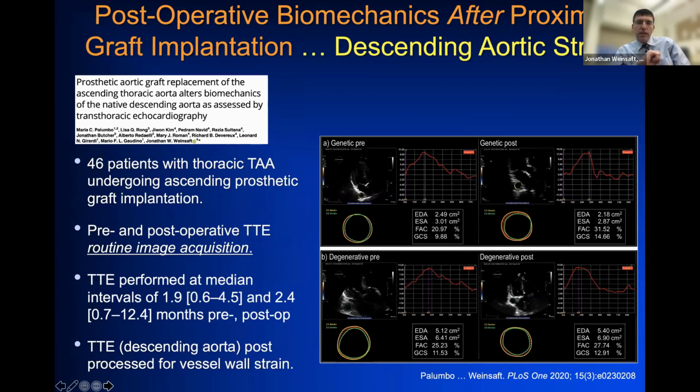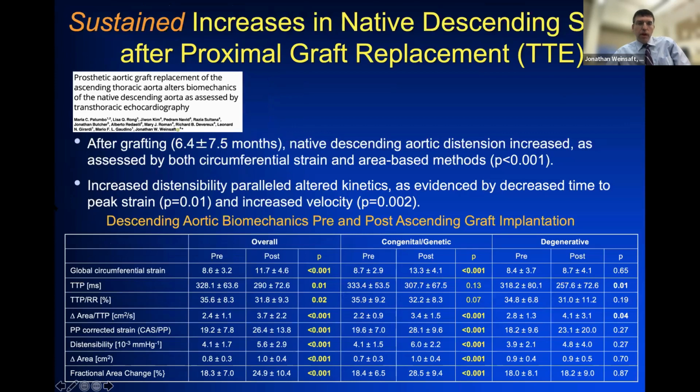Again, we're analyzing these echocardiograms for wall motion of the descending thoracic aorta, and we're doing it using a feature tracking technique commonly referred to as speckle tracking, which derives strain. Transthoracic echoes were performed in a median interval of 1.9 to 2.4 months pre as well as post-operatively, and analyzed as I referred to you earlier. Consistent with the data that I showed you earlier in terms of our